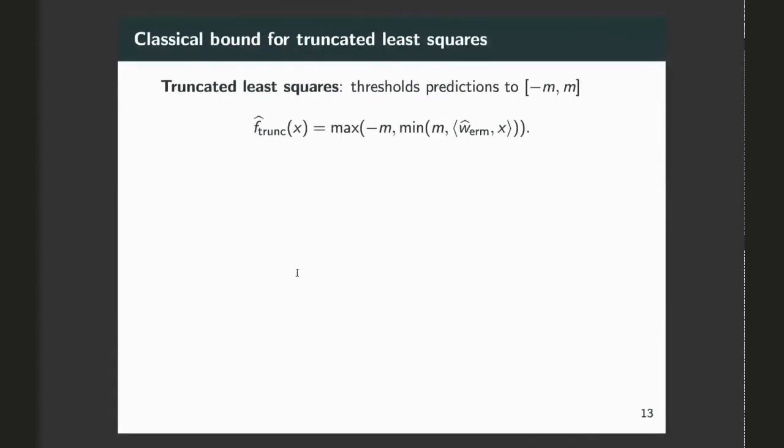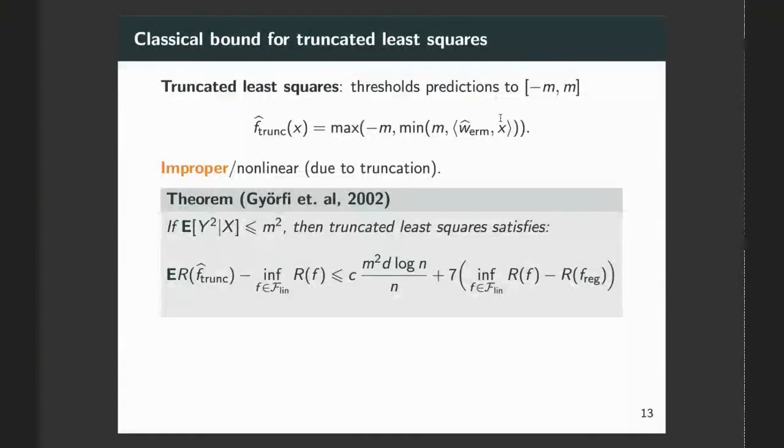And perhaps the simplest one is the one which I call truncated least squares, which basically just takes the least squares, the ERM solution. But instead of returning its prediction, it will truncate the prediction between minus m and m. So if the prediction is larger than m, it will shrink it to m, and the same for minus m. So this one is improper, nonlinear, because I have truncated, so the prediction function is no longer linear, it's only piecewise linear. And there is a very classical result of Györfi and co-authors,